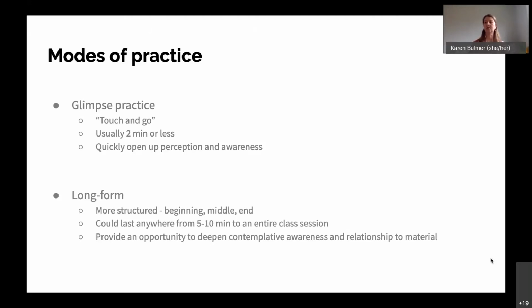Just see if it's possible to let the words make contact with your awareness. Let any images or sensations that arise come and go as they will. If you notice that you are analyzing, or if preferences are kicking in, that's pretty common. It's to be expected. But see if it's possible to settle back into a more receptive attitude. So notice that that's happening, and then just settle back into a more receptive attitude.